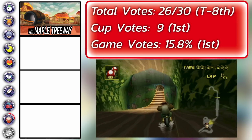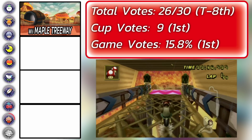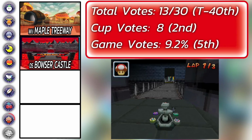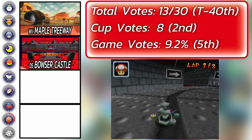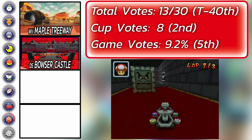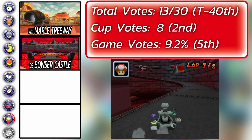Next is one of the Bowser Castle tracks that I actually omitted from my list. A really fun Bowser Castle, DS Bowser Castle. 13 of you guys voted for it, which is tied for 40th. Really close to being omitted, but it was still on the edge, and I decided to give it the leverage